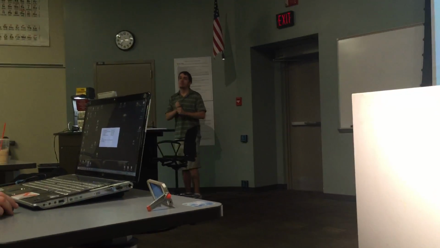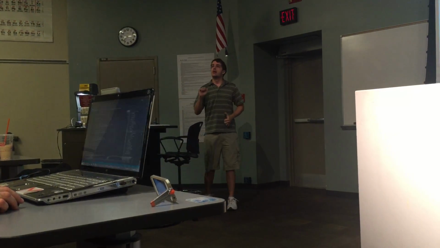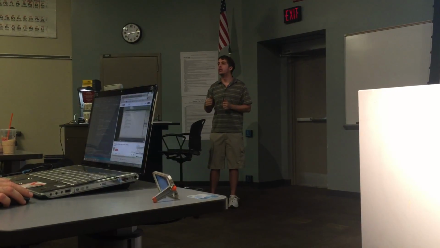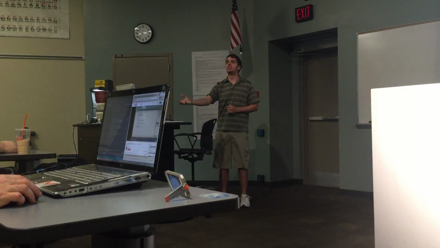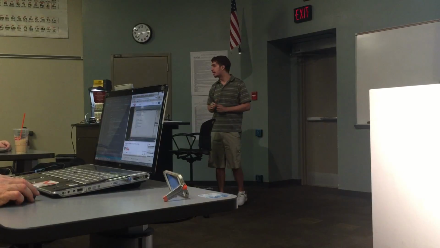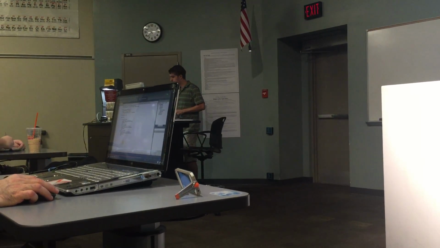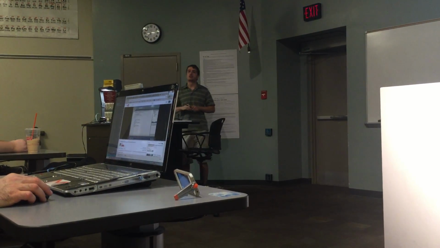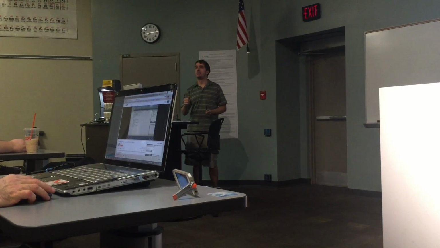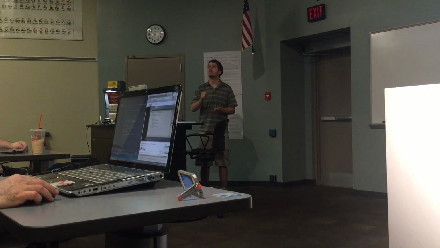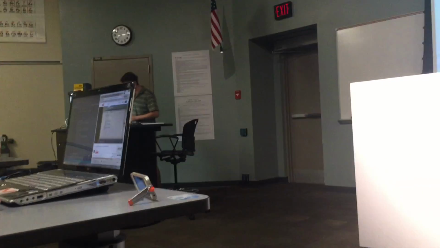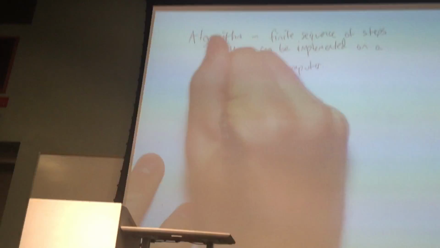And so I want to be able to convince all of you that Turing machines are equivalent in power to what we can actually implement on a real computer. So there is an algorithm to simulate a Turing machine, and Turing machines can simulate any algorithm that we can think of. And it's kind of hard to be precise here. And so the reason why we actually have this class is that we can build up these models of computation, and we can establish equivalence to the more informal notion of algorithm that we have seen so far. And so the one model of computation we've seen before is a Turing machine.